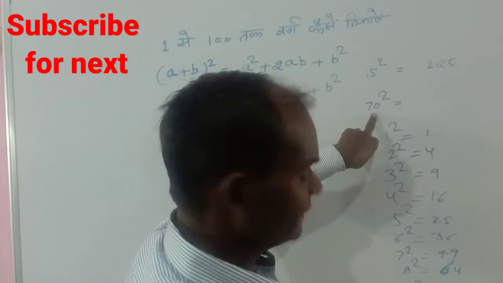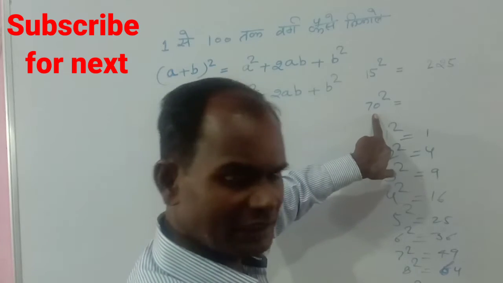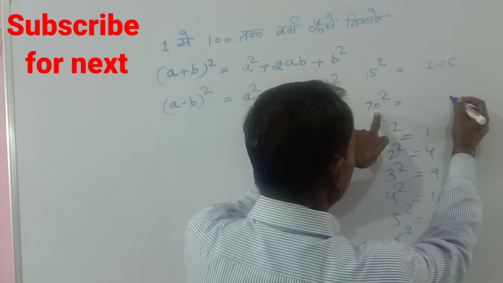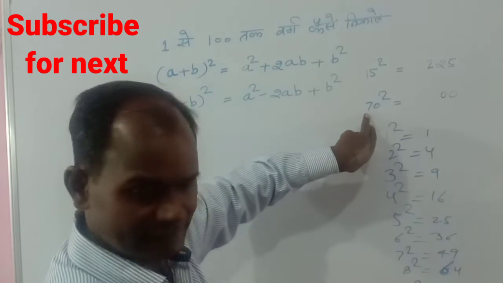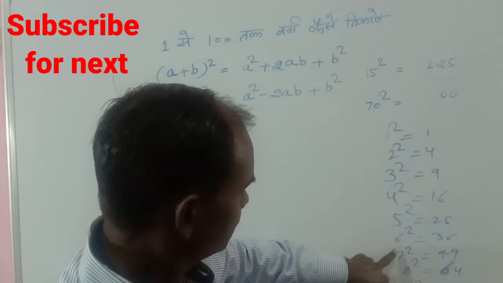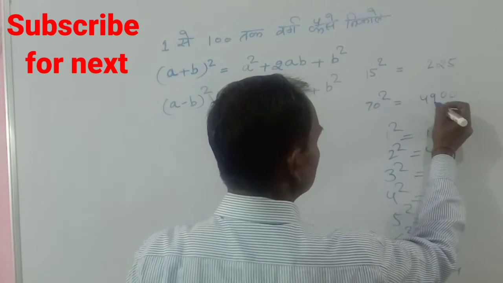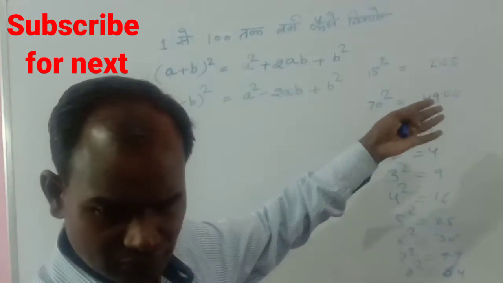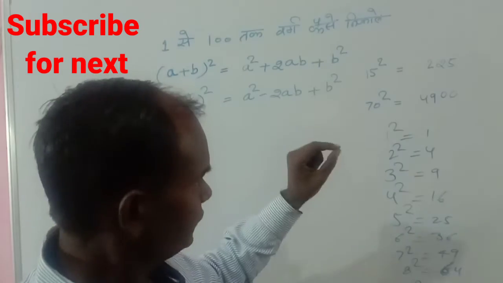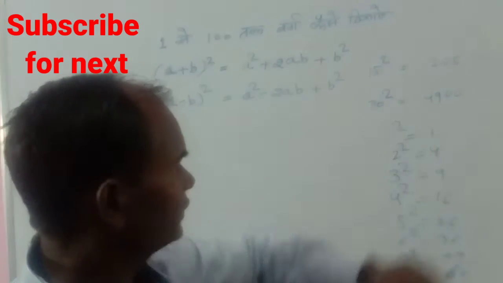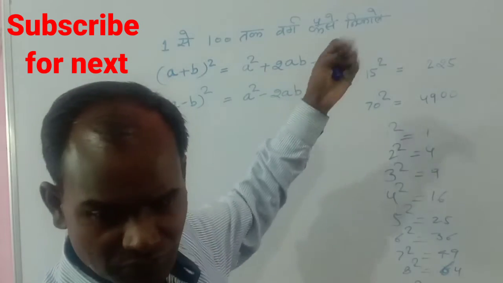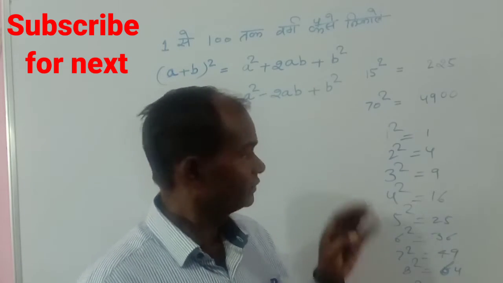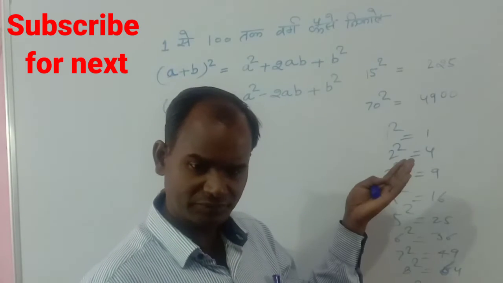Now what is the square of 70? If any number is given with a 0 at the end, for squaring you just write down 0 two times and the 7 square is 49. So the square of 70 is 4900. Like this 80 square, so how much? 8 8 are 64, 00. So 6400. Suppose that you want 50 square. So 50 means there is a single 0. You can write down just two 0s and 5 5 are 25.